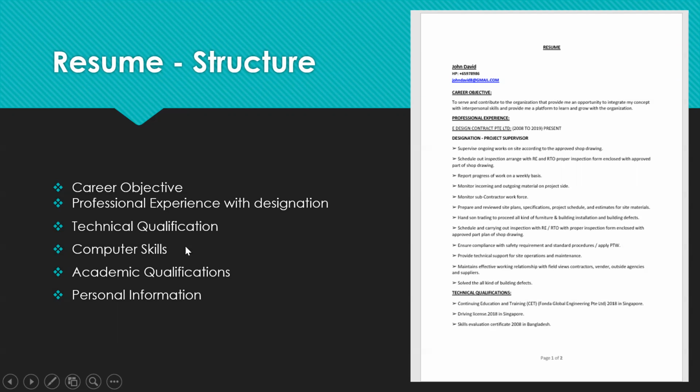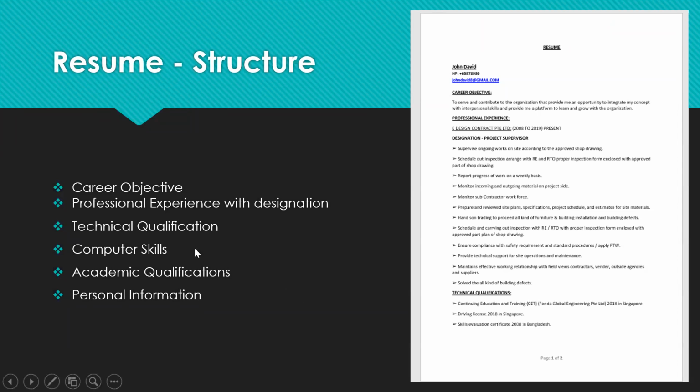Then you can add your technical qualification. So technical qualification is something maybe, yeah, a certification course you have done. So maybe you're an electrical engineer or electrician, so you've done some specific course, like maybe industrial safety, so you can add all those qualifications in that section. So maybe I've done a course related to industrial safety. You can add it there. So maybe you have done a course on NDT, non-destructive testing. So all this technical qualification related to a career, right, can be added in the technical qualification section.